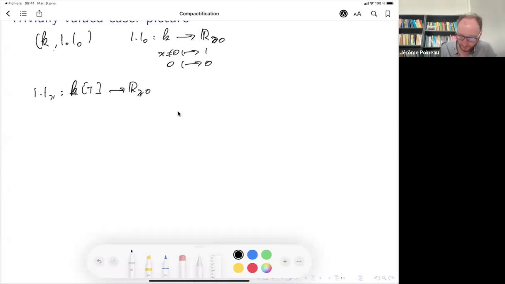We have one specific valuation, which is the t-adic valuation, that I can denote by v_t. You take any polynomial and associate the index of the lowest coefficient. For example, for t squared plus a t to the 5, that's just 2.